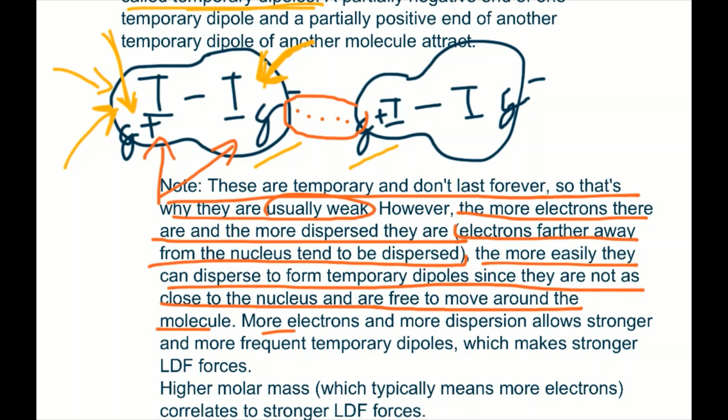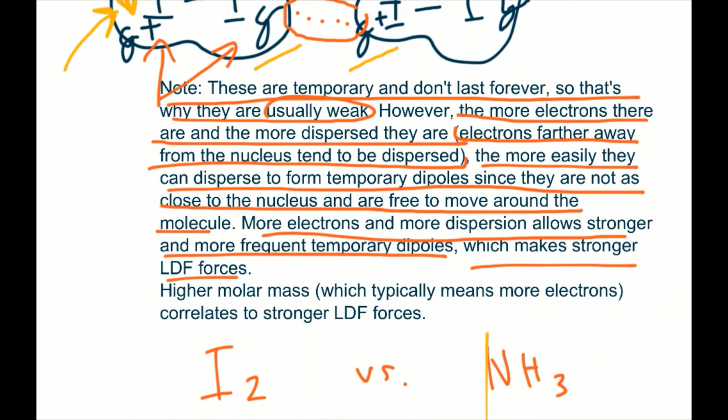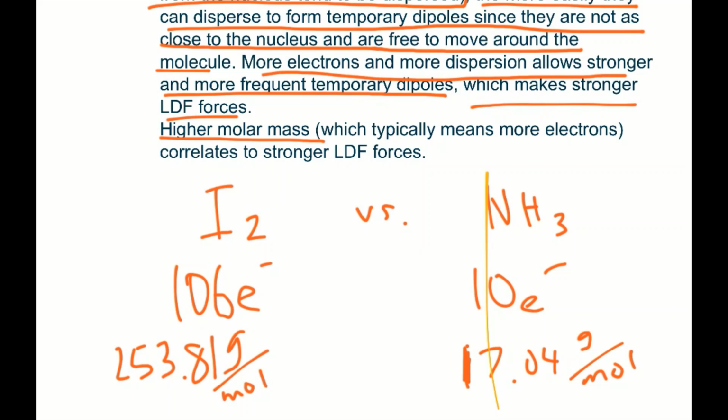Now, more electrons and more dispersion allows stronger and more frequent temporary dipoles, since if electrons are more dispersed, they can move around more easily and create distortions that create more of these partially positive and negative ends of an electron cloud, and this results in stronger LDF forces. So, if more electrons means more LDF, that means that a higher molar mass, which typically means more electrons, correlates